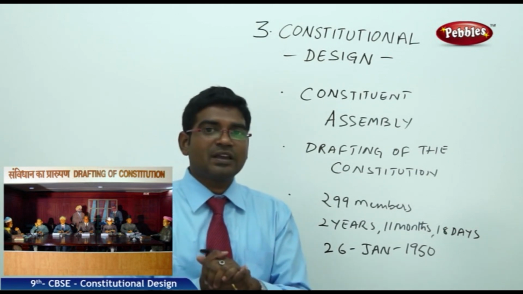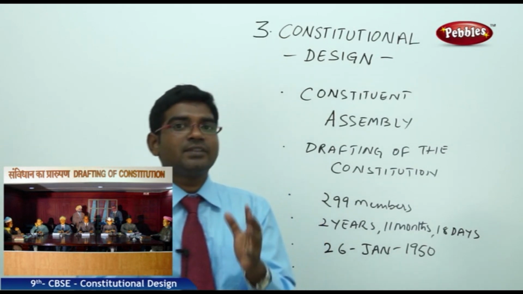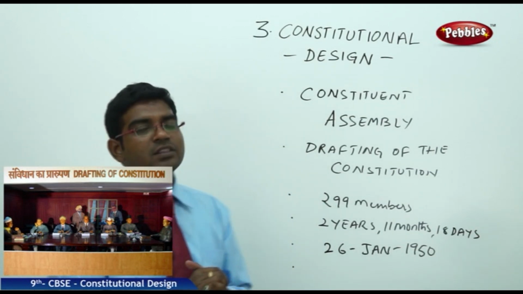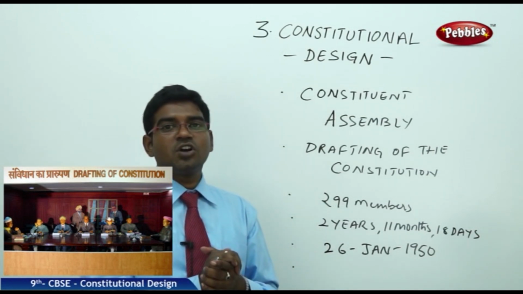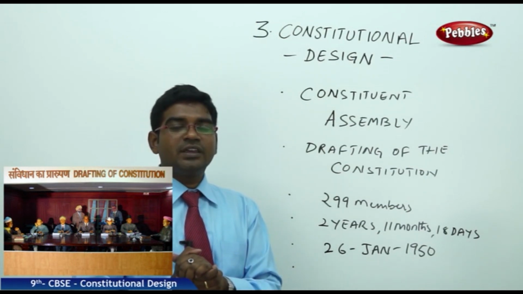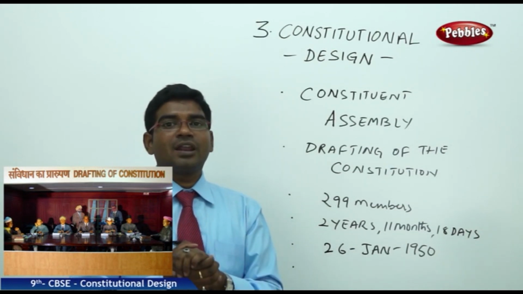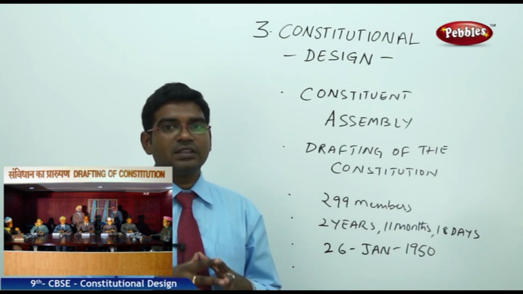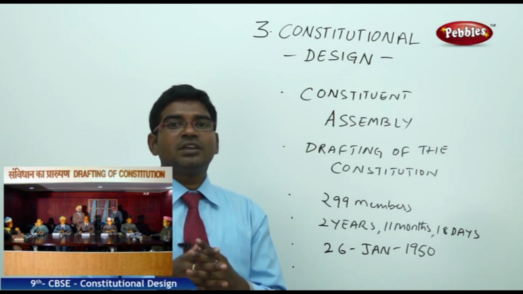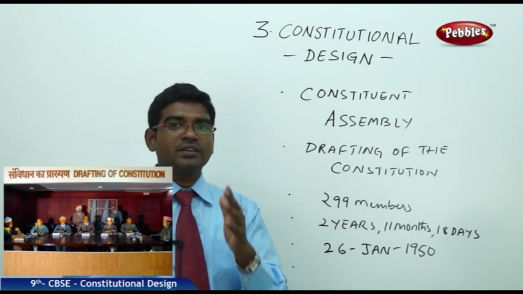After the partition of India and Pakistan, the Muslim leaders went towards Pakistan's Constituent Assembly. So only 299 members were the members of the Constituent Assembly at that time. Dr. Rajendra Prasad was the president of the Constituent Assembly, while Dr. B.R. Ambedkar was the chairman of the drafting committee. Under the able leadership of Dr. B.R. Ambedkar and Dr. Rajendra Prasad, the Indians, especially the Constituent Assembly leaders, have taken up the great mammoth task of drafting a constitution for an independent India.